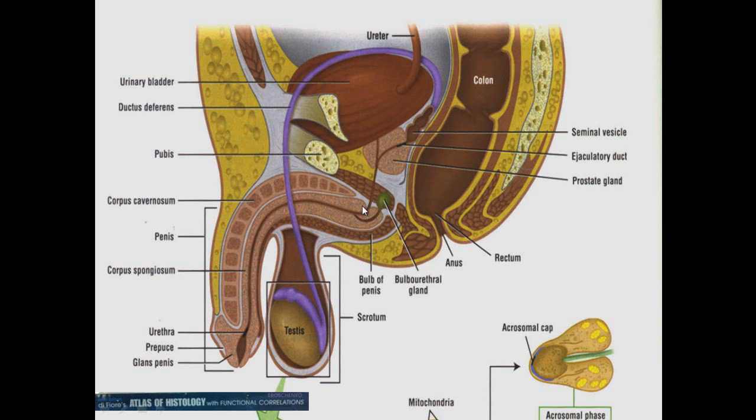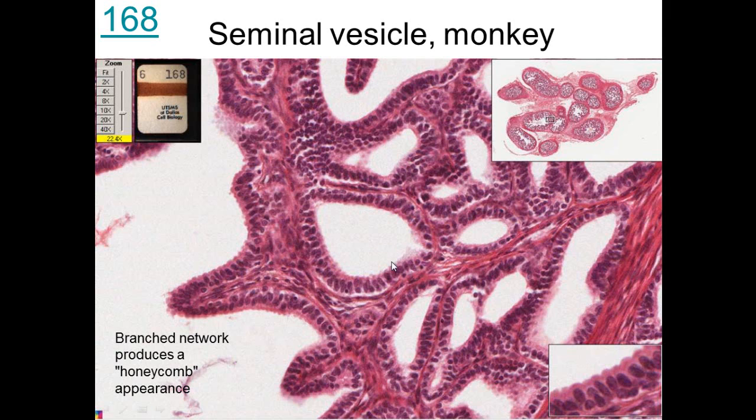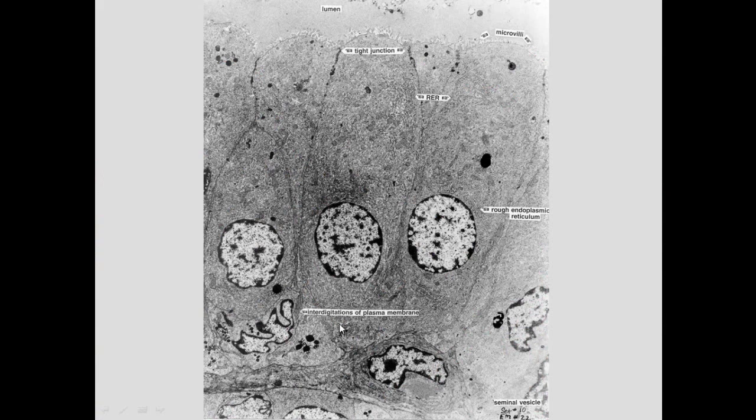Just a prolonged erection will yield that fluid. And so here we see the ductus deferens, and we see the seminal vesicles. Seminal vesicles have this honeycomb type shape. There are more glands and less connective tissue in the seminal vesicles than in the prostate. And here we see the honeycomb, and you can see the epithelial cells on the surface. These are columnar epithelial cells, with tight junctions between adjacent cells, and they secrete